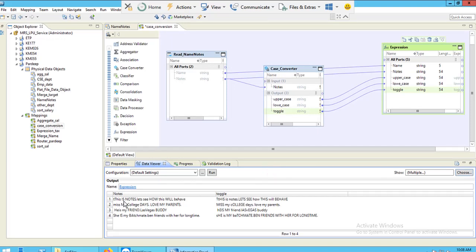Now in this you can see my first sentence. First, the T is small, but in the output I am getting T as a capital. Then the second letter T is capital, but in the output I am getting a small t. So it is converting your uppercase characters to lowercase and lowercase characters to uppercase.